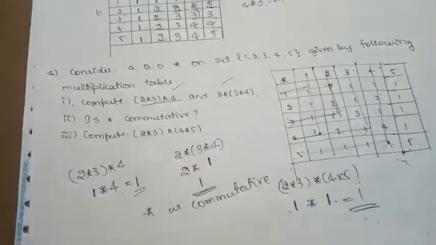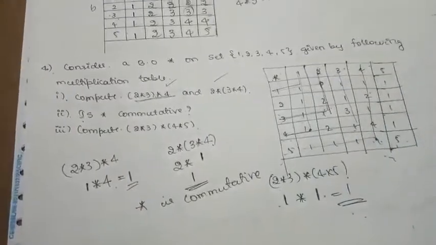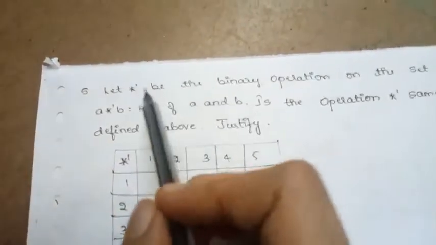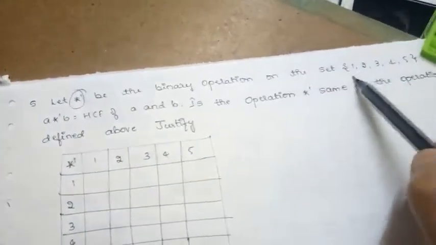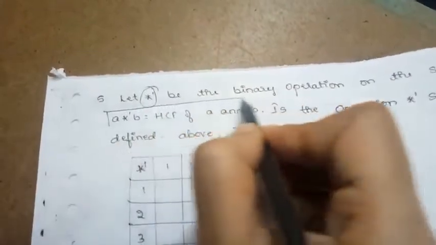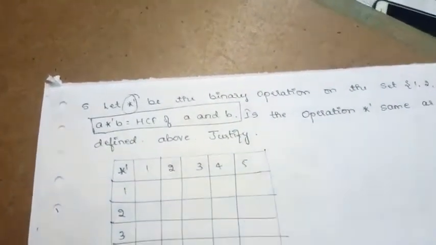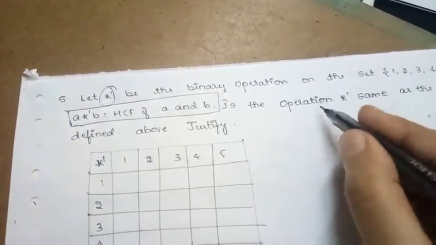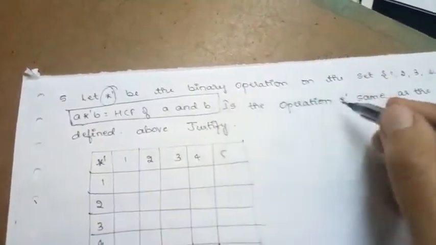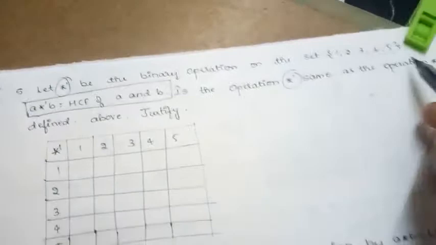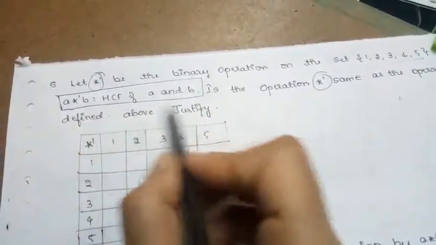So this is regarding the fourth question. Now let us move to the next one. In the next question, they have defined a binary operation star prime upon the set {1, 2, 3, 4, 5}, where A star prime B is the HCF of A and B. So we need to check whether this star prime is the same as the operation star which we have defined